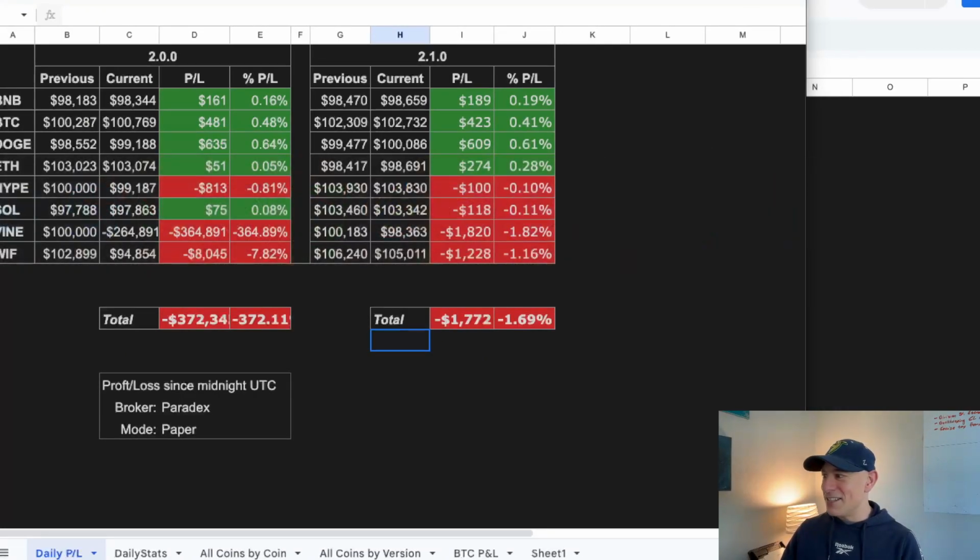As you can see here, we've got a 364% loss on one coin. And even though I have a 3% stop loss set up for each one of these coins, this one's at negative 7.82. So I was like, what the heck is going on here? How did I get a 364% loss or negative 7% loss? How did the stop loss not get hit, and why did it happen on the 2.0 version, but the 2.1 version is still trading along, even though they're pretty much using the same implementation of the